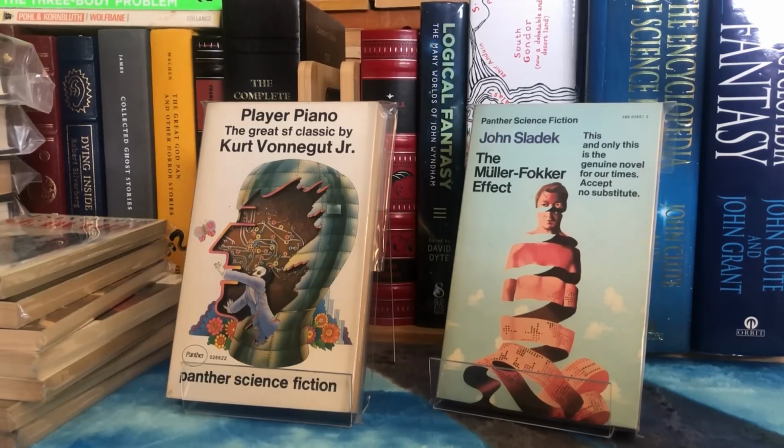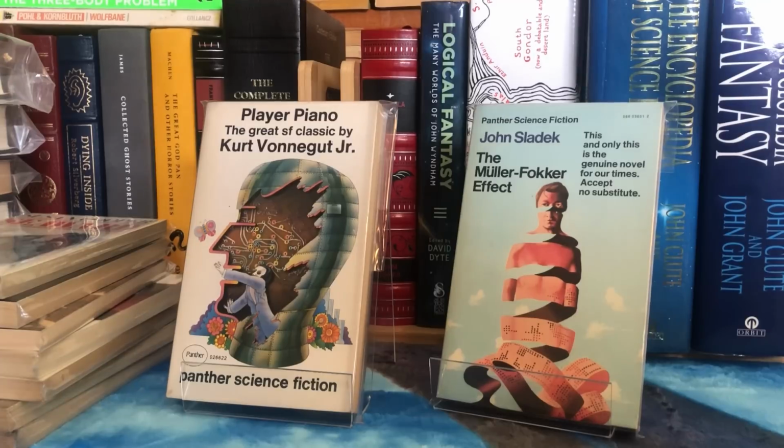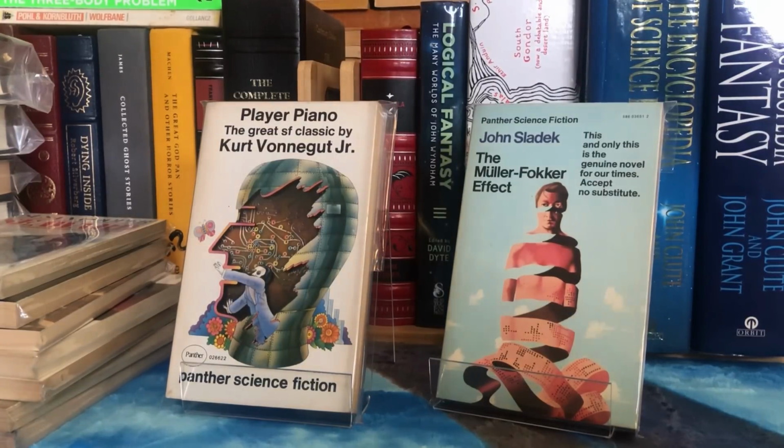Then a couple of beautiful old late 60s, early 70s Panthers. Two classic books in this very similar tradition, from two absurdist SF writers, two of the greatest in the school of Mark Twain, Sheckley. George Saunders now I think is very much in that sort of ballpark. And in between all those people came Kurt Vonnegut and John Sladek, and this is Vonnegut's first novel, of course,